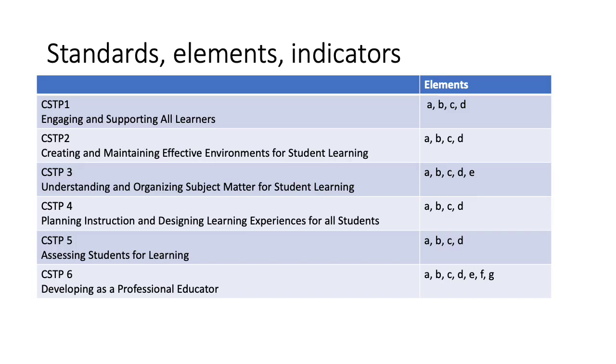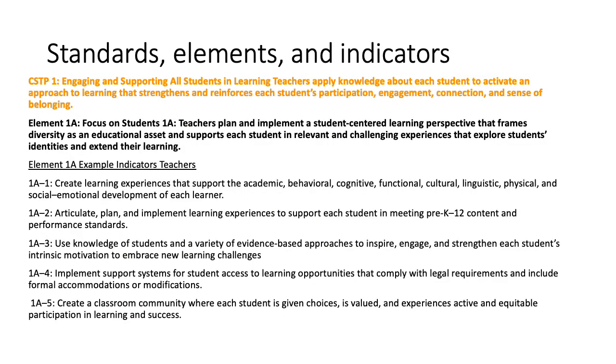Within each standard, there is a range of elements that are more specific behaviours related to the standards. This shows how many elements are with each of the different standards. Then, even one step more, and this is where you notice some of the differences from the 2009 CSTPs, we have the indicators. The indicators are even more specific examples of behaviours. This is a list. It's not an exhaustive list, but it is a good starting point for reflection of the importance of being intentional about our practice as educators.